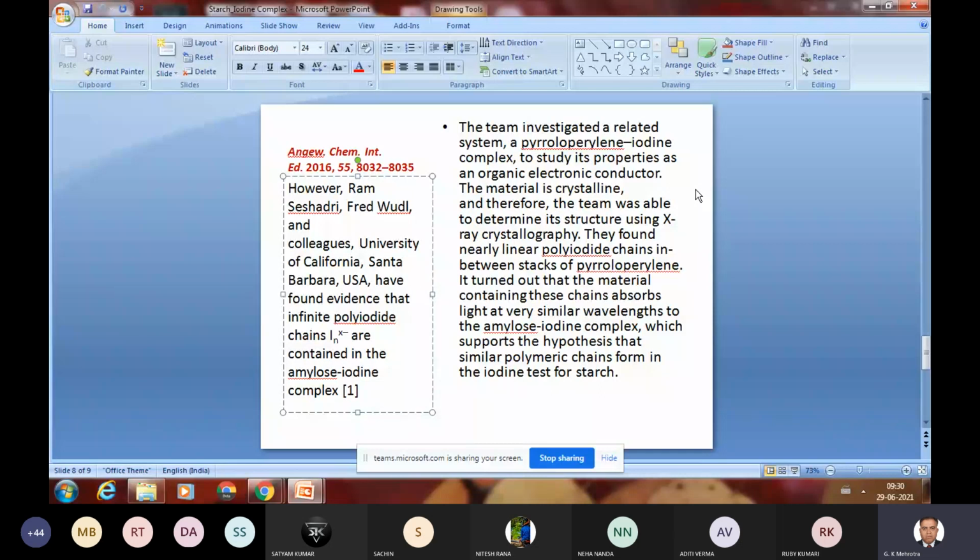crystallography shows that polyiodide chains are present between stacks of pyrroloperylene. It turned out that the material containing these chains absorbs light at very similar wavelengths to the amylose iodine complex, which supports the hypothesis that similar polymeric chains form in the iodine test for starch. So that is the